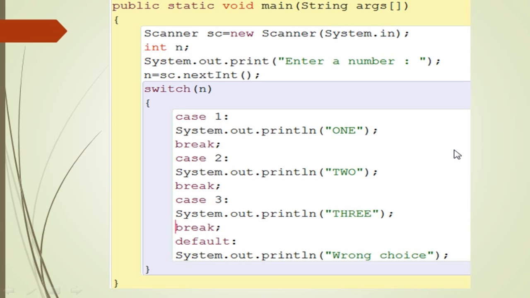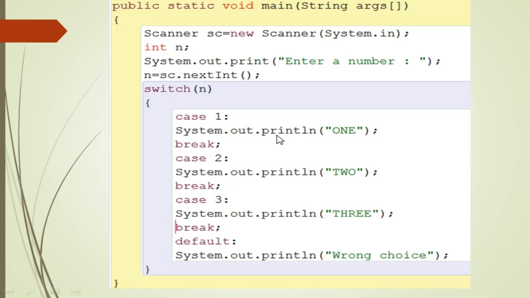We will be seeing this with an example program. Here I have declared a variable n, then I am entering the value of n, which is of integer data type, so I am using nextInt. Now I am using switch, then the control variable n. If the control variable n has the value 1, then it will go inside case 1, because it checks whether the numerical variable is equal to 1. It executes and prints the value 1 in words, and then you can see a break statement. That means it will come out of the switch block.